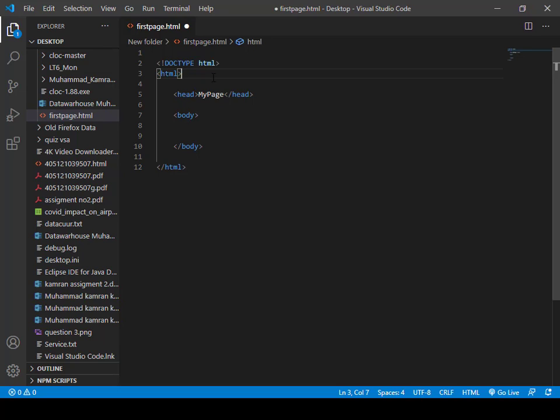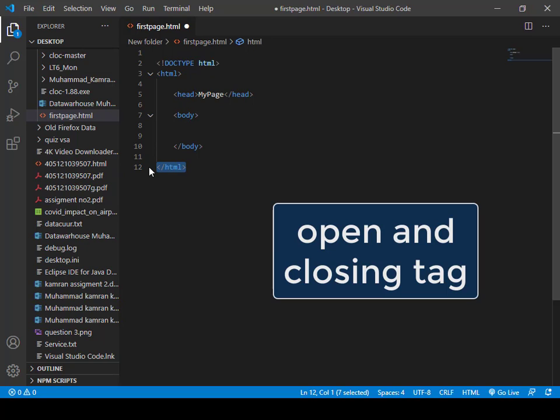Immediately after the doctype declaration come the opening HTML and closing HTML tags. This is the building block of our page. Most other tags will be nested within the opening HTML tag and the closing tag. Keep in mind that an open tag must be closed to define the ending of the HTML page. So all the tags will be inside the opening HTML and closing HTML tags.